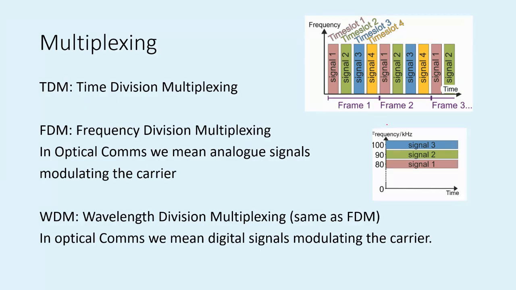And frequency division means that we split them into different frequencies. But wavelength division multiplexing also means we're splitting them into different frequencies, essentially because C is equal to F lambda and C is constant. So if we change the wavelength, let's say we increase it, then we've got to decrease the frequency to keep this constant. So this is really just a little bit of definitions you need to be aware of. When we talk about frequency division multiplexing in optical communications, we are talking about analog signals modulating the carrier, so there's pulse of light. Whereas when we talk about